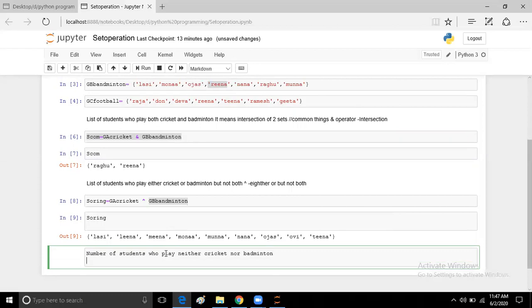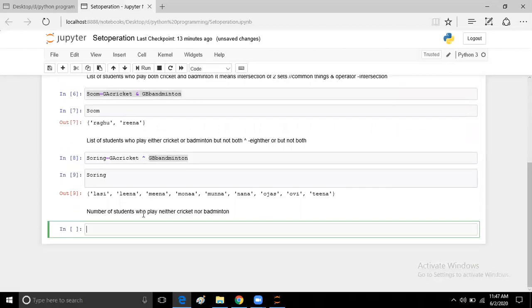Let's first try to understand what we have to find out. The number of students who play neither cricket nor badminton. What does that mean? No cricket, no badminton.